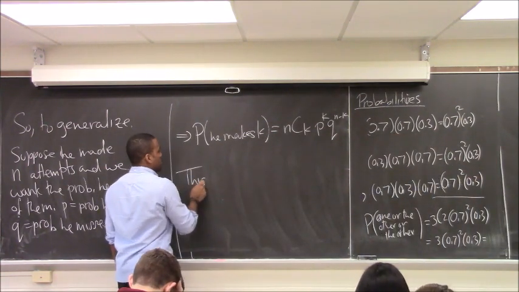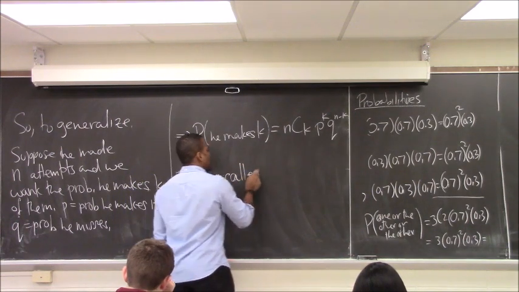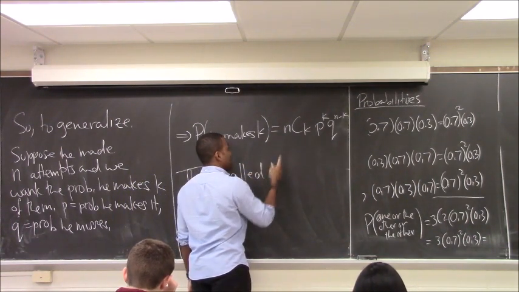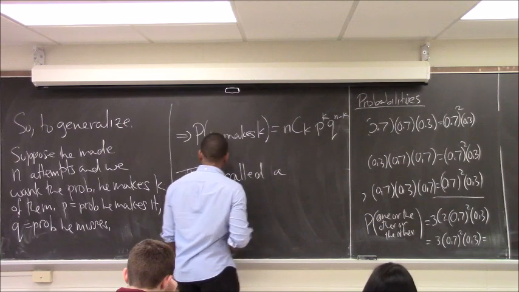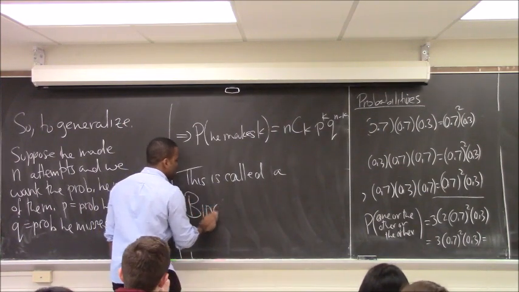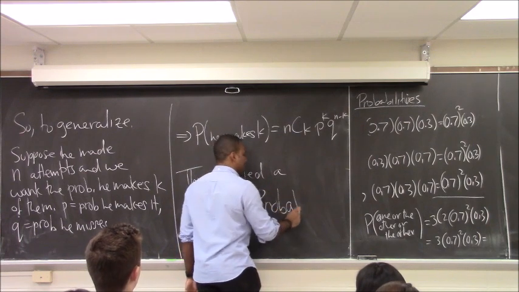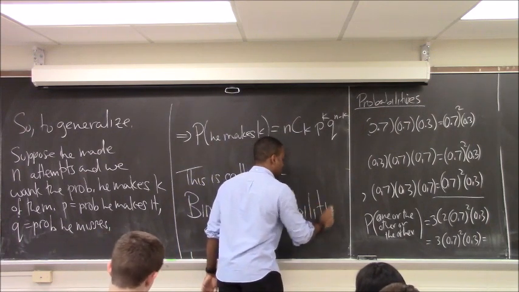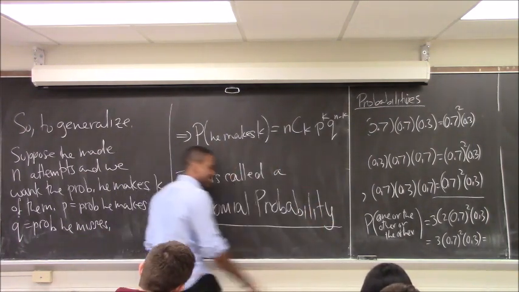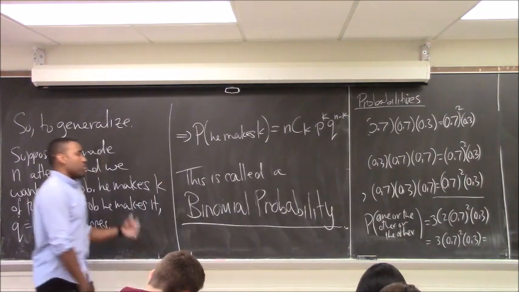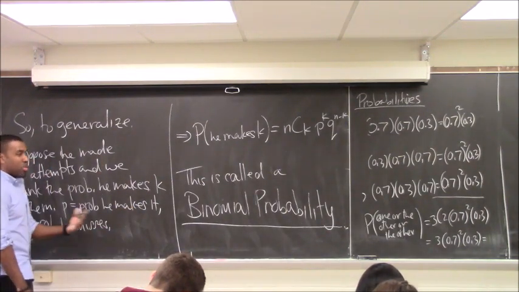This is called, does anyone see it from that formula? Is that binomial? It's binomial. This is called a binomial probability. Are we doing expected value? We are going to do expected value. Are we going to do geometric? No. Good, thank God. So I'm going to talk about this, to talk about expected value, to talk about probability